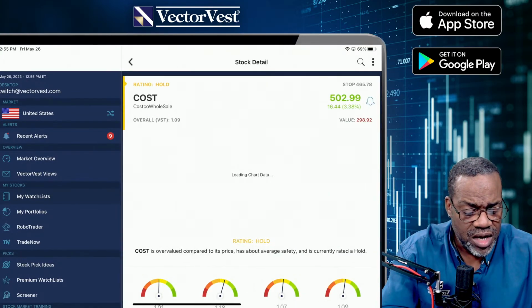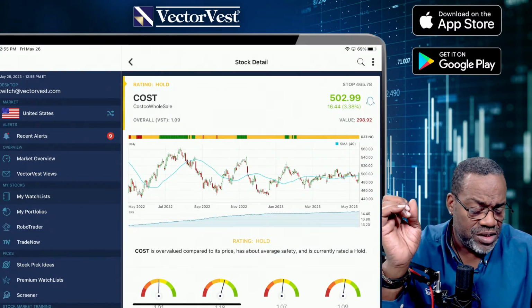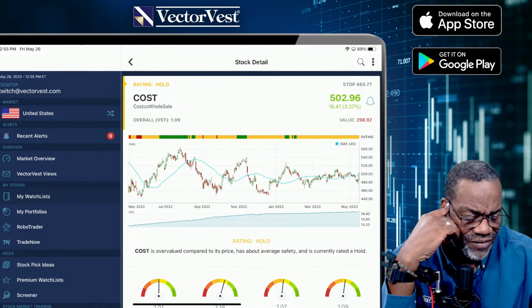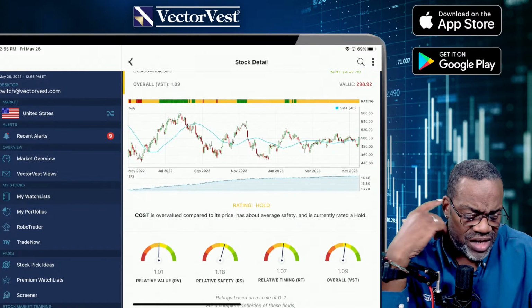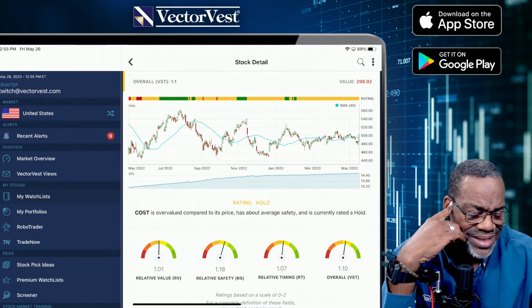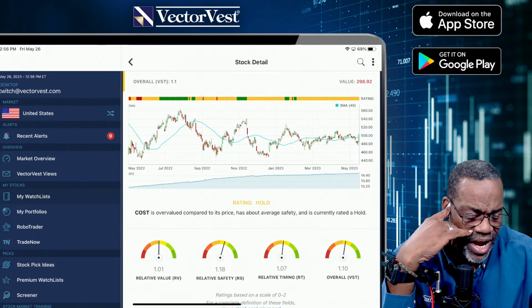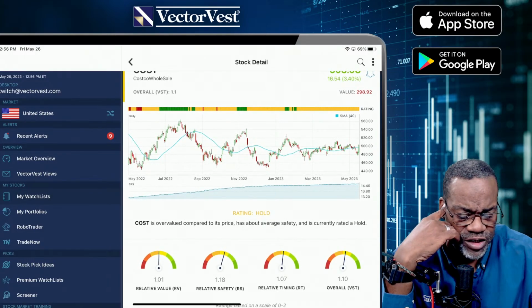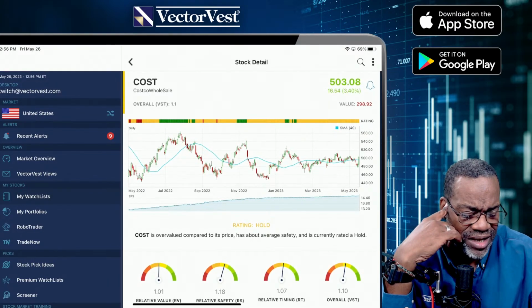Let's go to the next stock, Costco. Man, stock is trending down from that high back in July, August. If you connect the highs, just trending lower. You know something? I could find you a better stock. Now, relative safety, the company makes money. RV is above 1 as well. It's just got to get out of its own way. It's probably news. I don't know if it's news driven or earnings driven. This stock's got to get out of its own way.